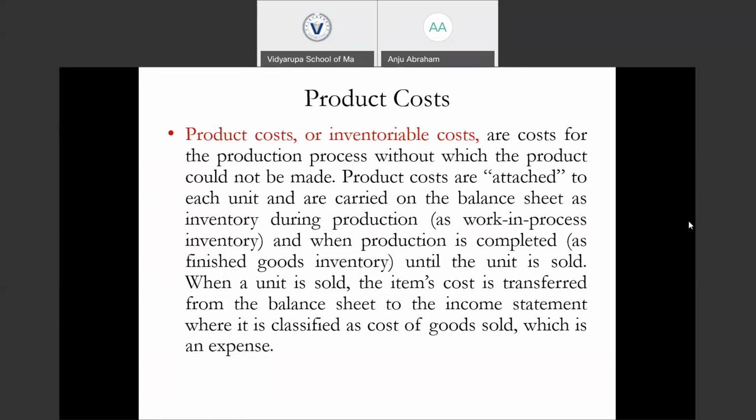So next, let's discuss some of the questions from this area, classification of the cost.